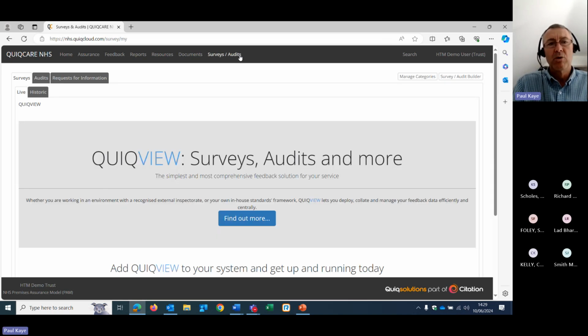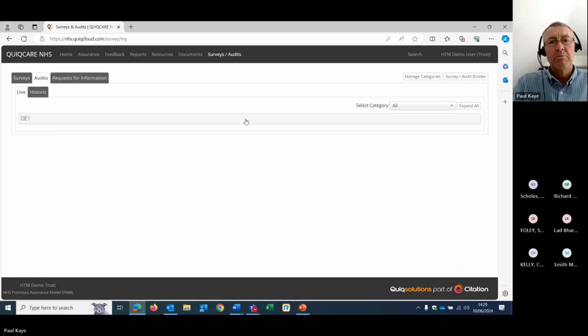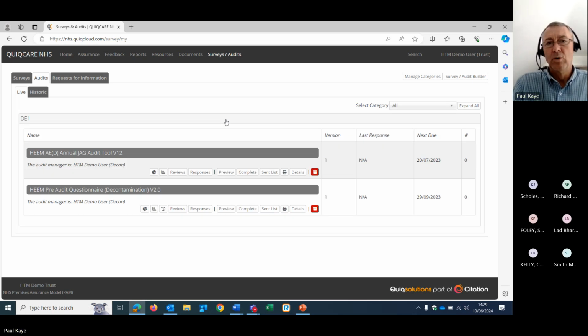And if you want to get more involved, you can build your own audits or surveys. There is an optional module for creating any sort of electronic form. So the Survey Audit Builder opens up a whole load of tools where you can define the questions that you want to ask. You can build paper forms, and then you can set up schedules. So it will automatically email the appropriate person when it's time to complete a document or a form.